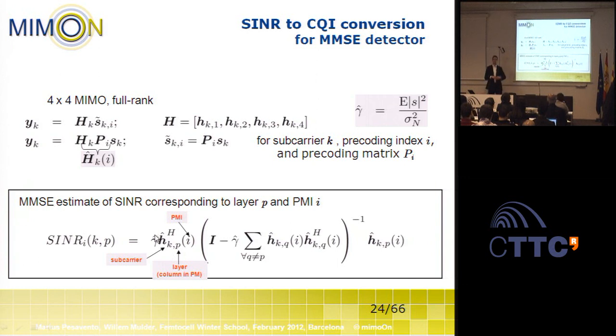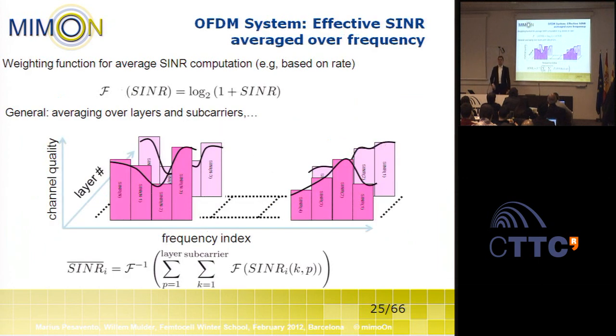But in the end, what we want to report is some average SNR value where we average over all layers, at least 2 layers we want to average, and we also want to average over the different subcarriers. So how can we average this? Of course, it does not make very much sense to average SNR values. This is not giving us a meaningful value. In fact, we have to somehow find a different scheme to average this,